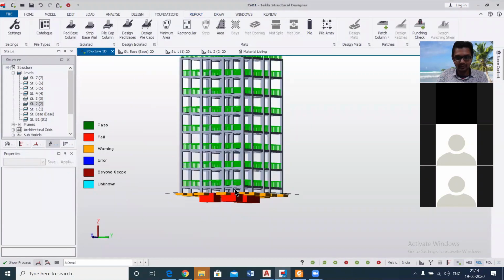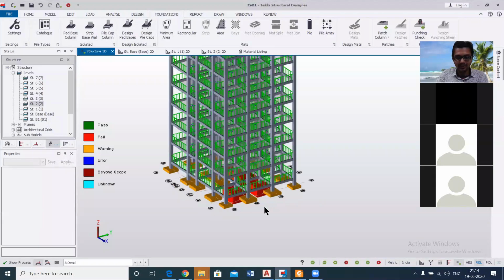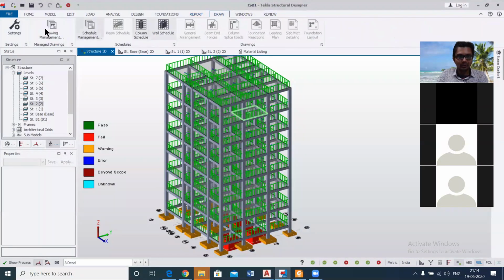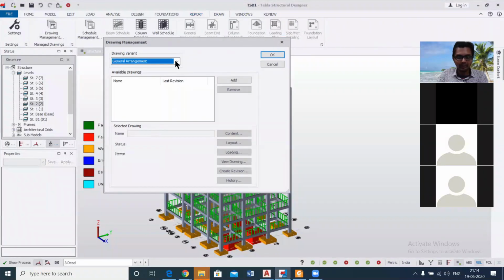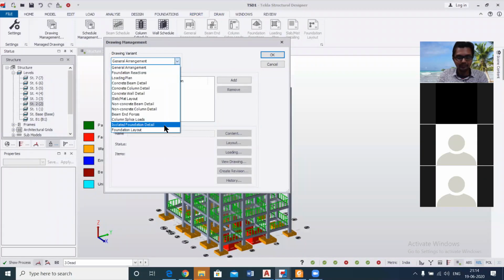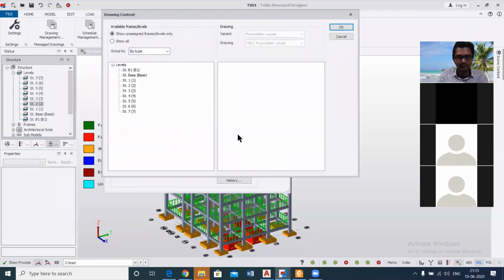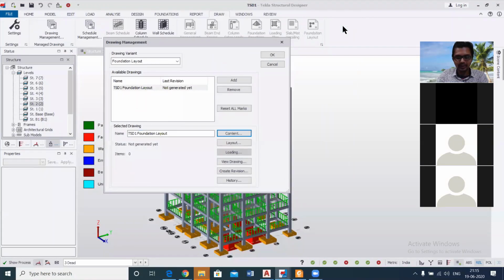Okay, some of your footings have failed. We need to change the sizes and need to interpolate. We can do that. But before that, we can show you the drawings of the footing layout. So here, let us first go and add some content for your foundation layout, so that we can get an idea how the drawings are generated here.